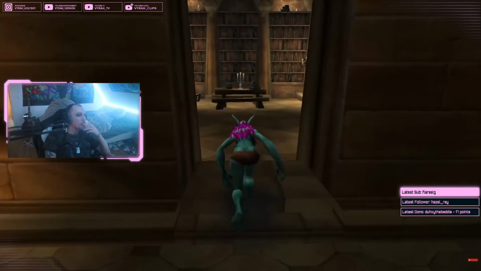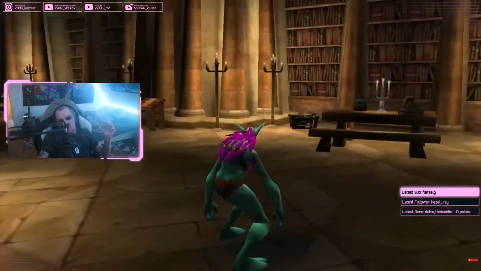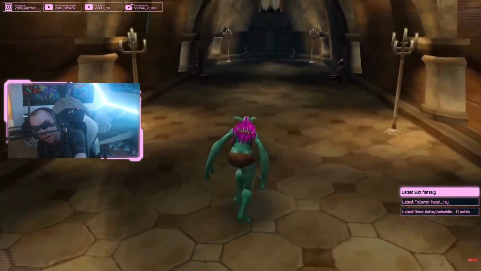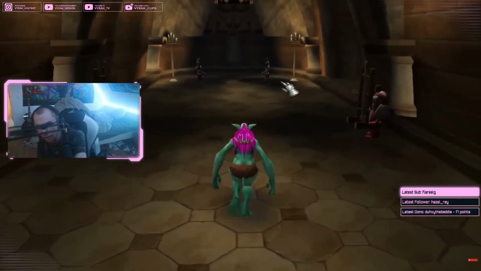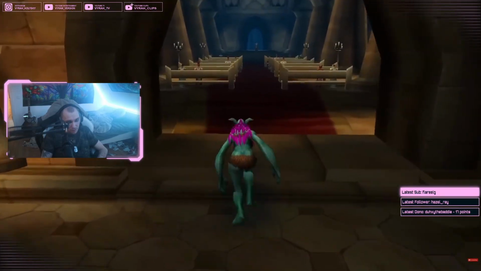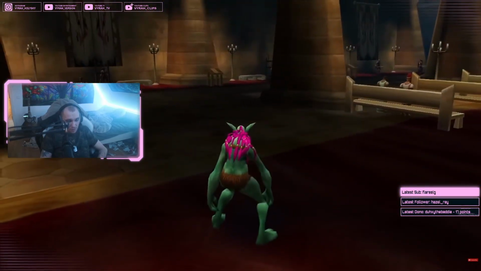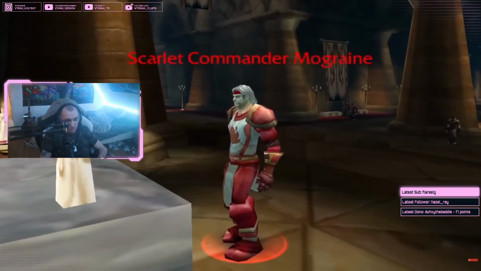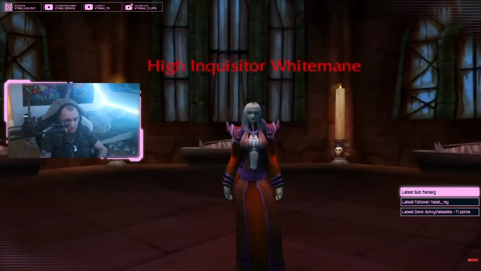But going back to the fork in the road and going right this time, we find the library, and where Thalnos had a smaller room, Doan doesn't even have a room at all. He's not in this version, and the next room is instead the final cathedral with Mograine and Whitemane. The main difference being that there's some benches added, along with various other little changes, such as Mograine being gray-haired and Whitemane, who is hatless.